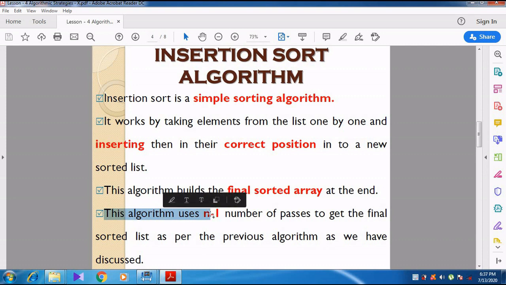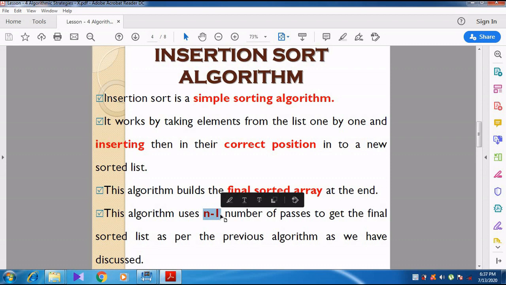This algorithm uses n-1 passes. This is the point you want to note down. It is going to use n-1 number of passes to get the final sorted list. What is meant by n-1 passes?